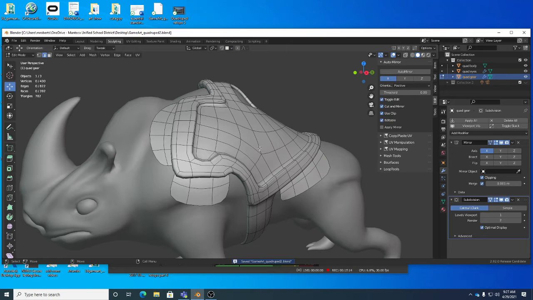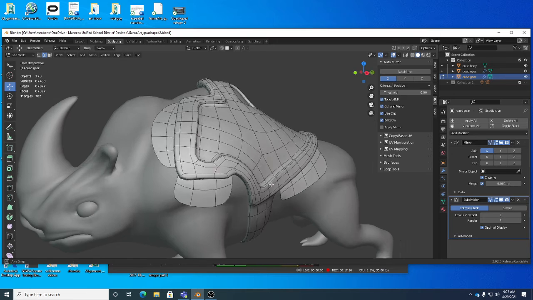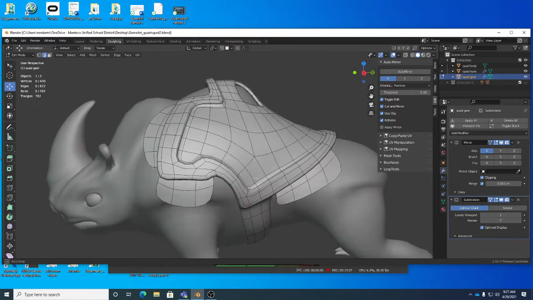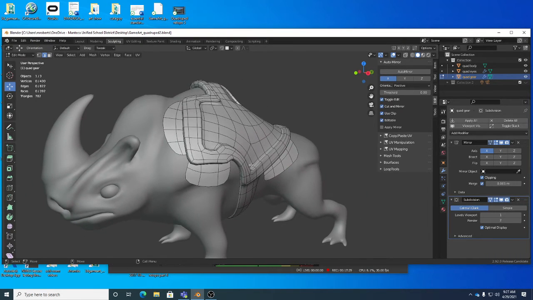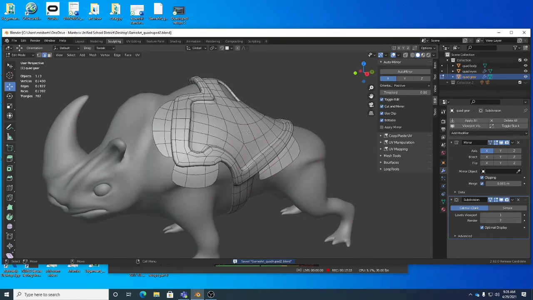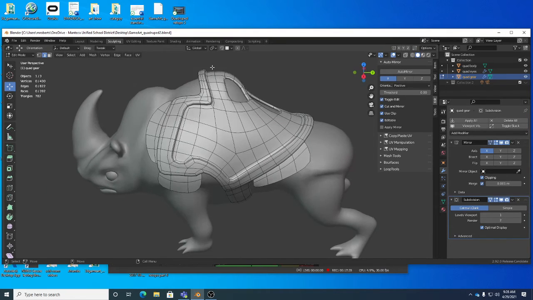And in this case, it was pretty easy just to duplicate some polygons off because we wanted these to be some pretty simple quad strips anyways. Retopoing was just a little bit of overkill for that, even though technically you could, of course, have done it that way as well. So one of the other things that I wanted to remind you guys that you could do is, since this is kind of more armor than a saddle, of course it could be a saddle if you wanted to be,